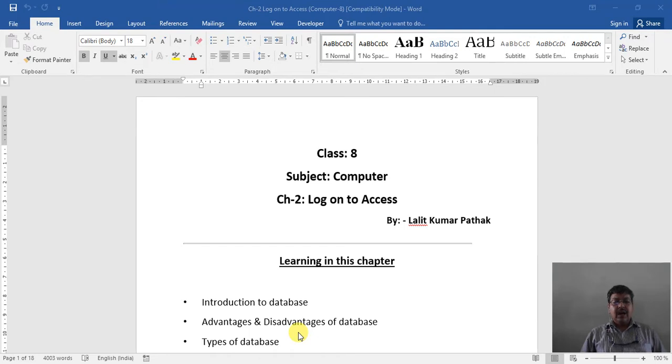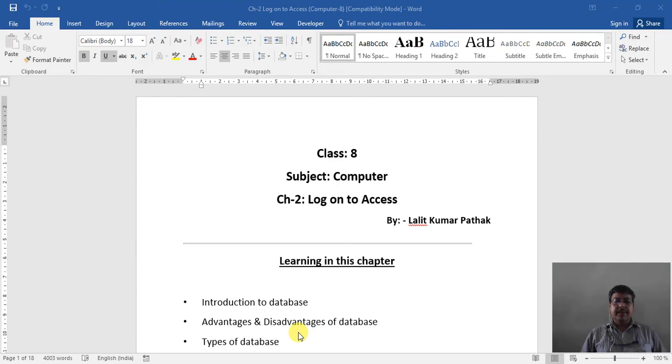That means how you can create database and table, and how you can enter the data into the table, and then how you can establish the relationship between the tables, and how you can access data from the table, and how you can create form and report of that table.